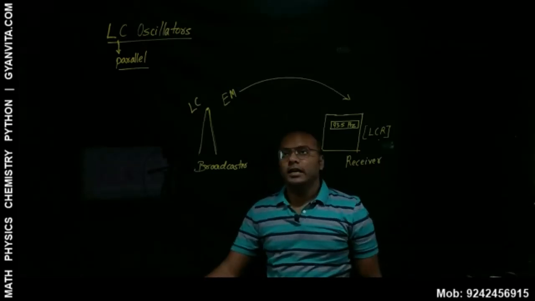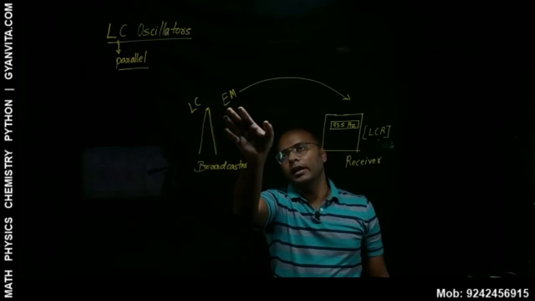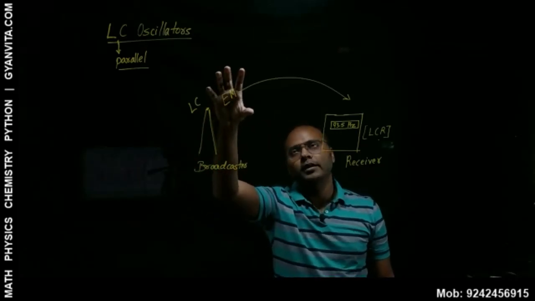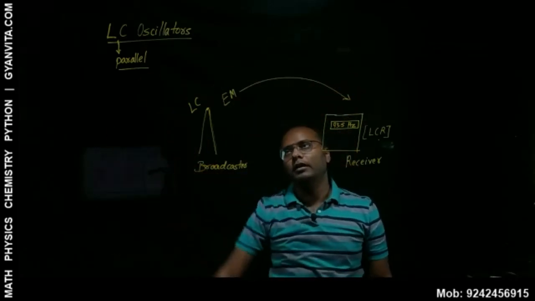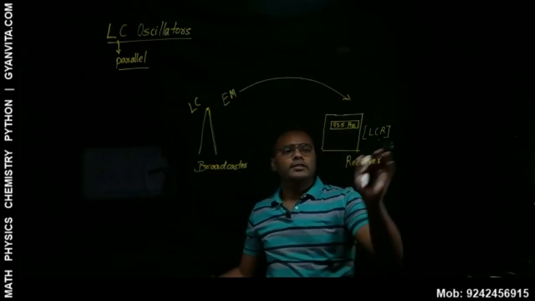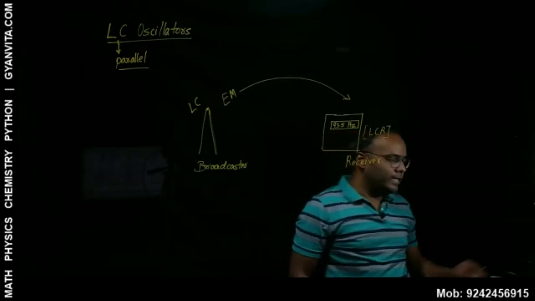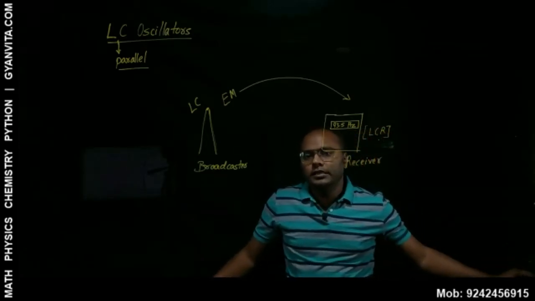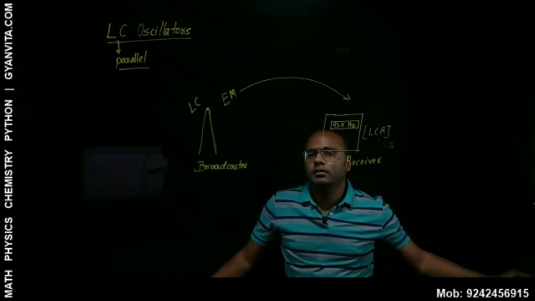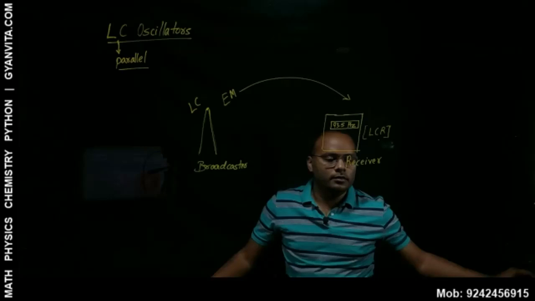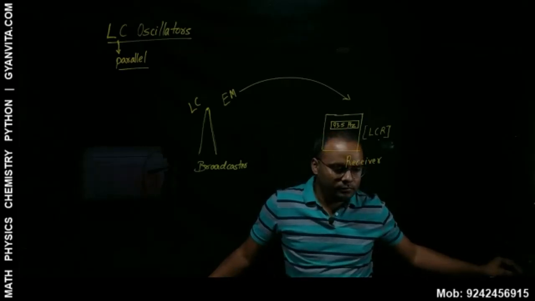These are the carrier waves for your sound, and other signals are fed on these electromagnetic waves, and those waves are broadcast in all directions, and these receivers receive that, right? So this is what LC oscillators are, and that's all about this chapter. That's all about your alternating current chapter. Okay.